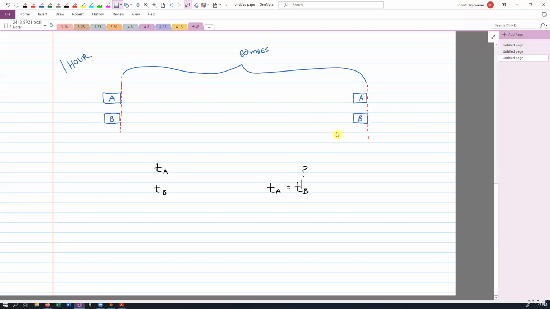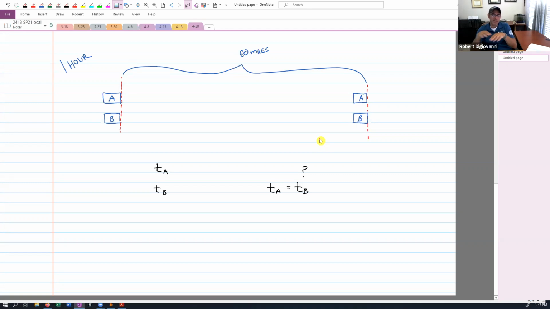So are these cars built the exact same? It doesn't matter. The cars don't matter. It could be any object racing. All that's relevant is that they started together, they ended together. That's all that you need. And then you also need that the car didn't just vanish and disappear into some time warp and come to another spot on the track without moving. It's got to be continuous, right? The car has to be what you would expect a car to do, not disappear, right? Not jump through time.